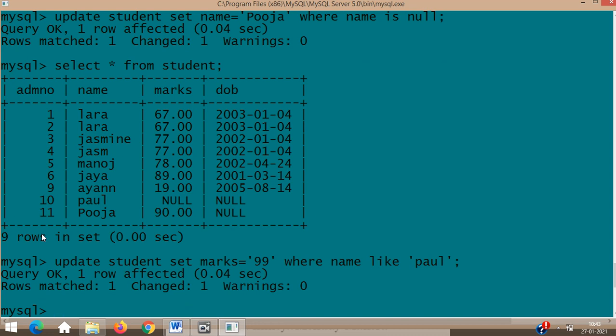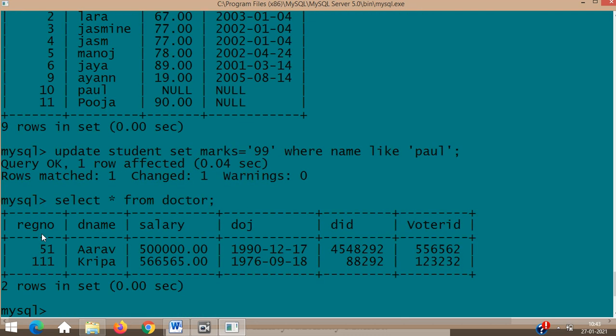Okay, suppose I'm not giving a condition. Imagine I'm not giving a condition. I'm going to our doctor table this time, and I am writing here only three others. I'm going to put update doctor table SET salary equal to, say, 1 lakh.